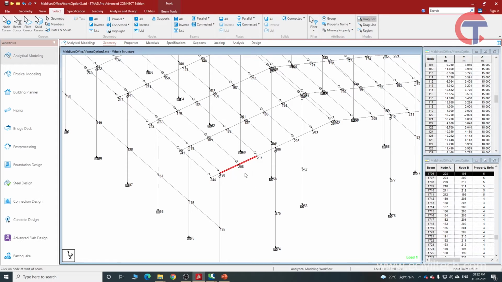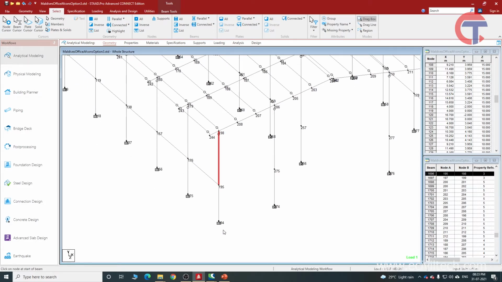This is the way it works in StaadPro. It transfers the load from node to node. And when this load comes to this column, it will get transferred from node 198, then to 195, and then the load will get transferred to 194.